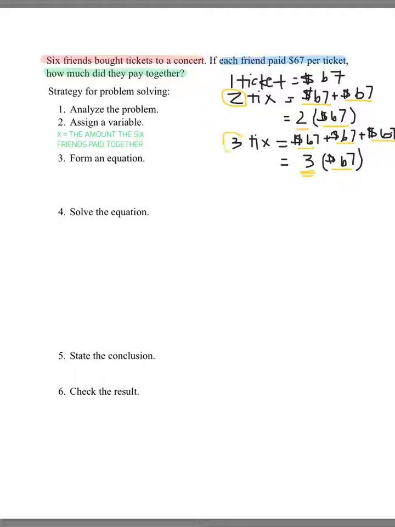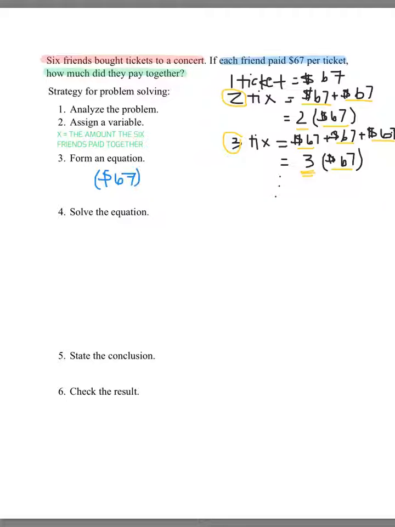So if we want to know the cost of 3 tickets, we would simply multiply the cost per ticket, which is $67, by the number of tickets bought, which would be 3 in this case. And similarly, we could follow this ideology for 5 tickets, 6 tickets, 7 tickets, and so forth. But the one that we're actually concerned about is the cost for 6 tickets. So let's go ahead and form our equation. So our equation is going to be the cost per ticket, which is $67,